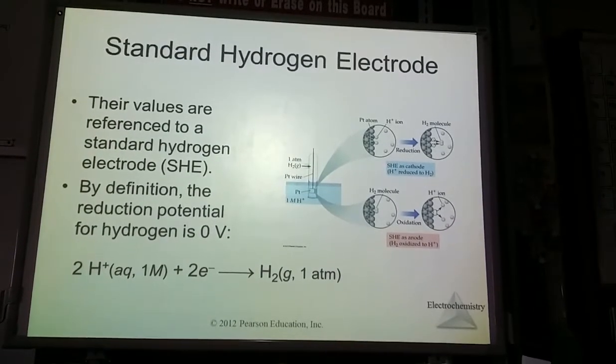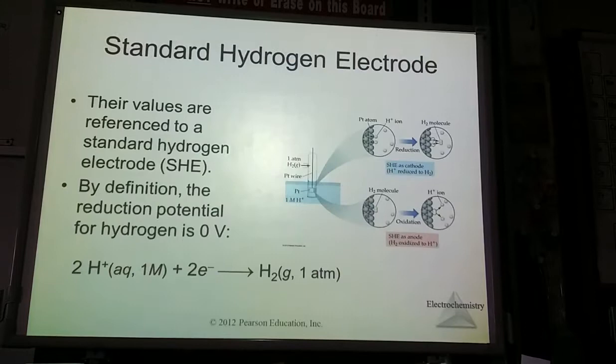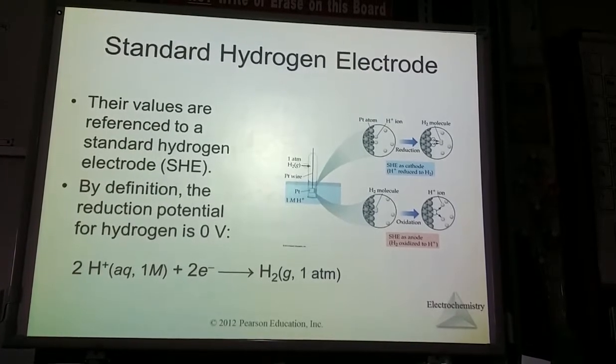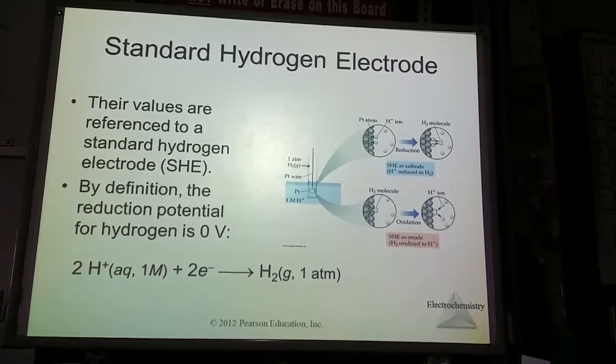Okay, how did we find out the standards? Let's talk about that. So all of these are based on a standard. They're all happening at 25 degrees Celsius, aka 298 Kelvin. We found this standard by creating a voltaic cell with one of those particular elements that we're looking at, what we're trying to find the measurement for. And then we also created what we would call the standard hydrogen electrode. This standard hydrogen electrode is actually pretty cool. We call it the SHE, or just a SHE electrode, which actually is kind of redundant since